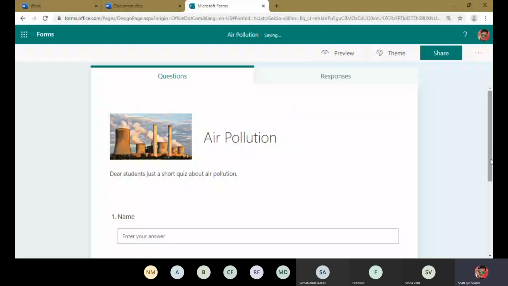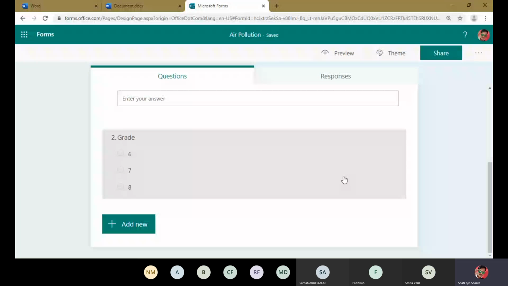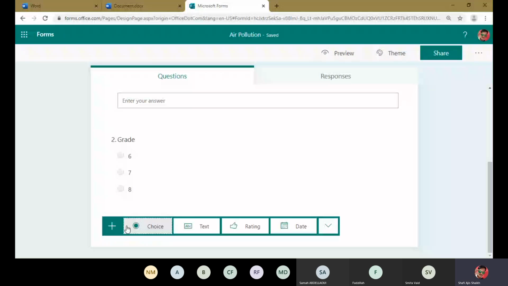Now I want to enter sections here because I want to start my test now. These two questions will be in one section and all the test questions will be in another section. So how to add a section? I will click on add new, once again add new, and in this add new I have the option down here, section. In this second section, I will insert here solve test.